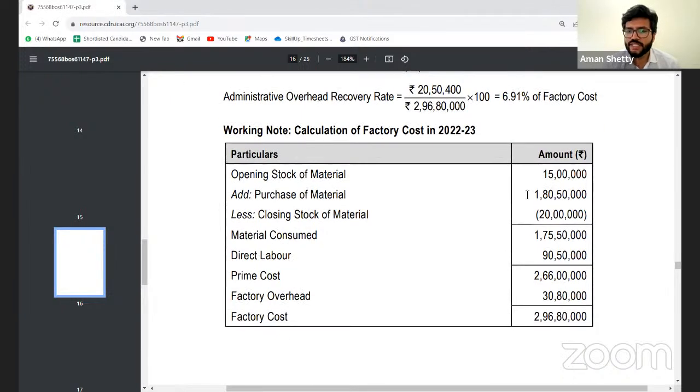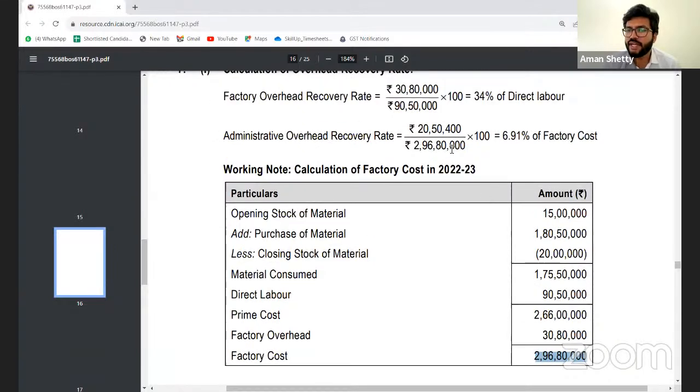Factory cost you have to compute. Opening stock plus purchases less closing stock gives material consumed; add direct labor to get prime cost, add factory overhead, and you get factory cost. Other percentage: 20,50,400 divided by 2.96 crores, you get 6.9591% of the factory cost. So now in the question, you have to use that to find out what is the